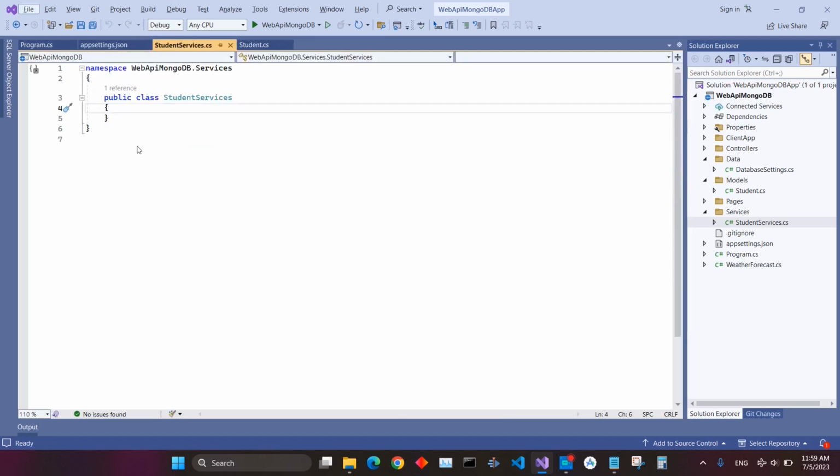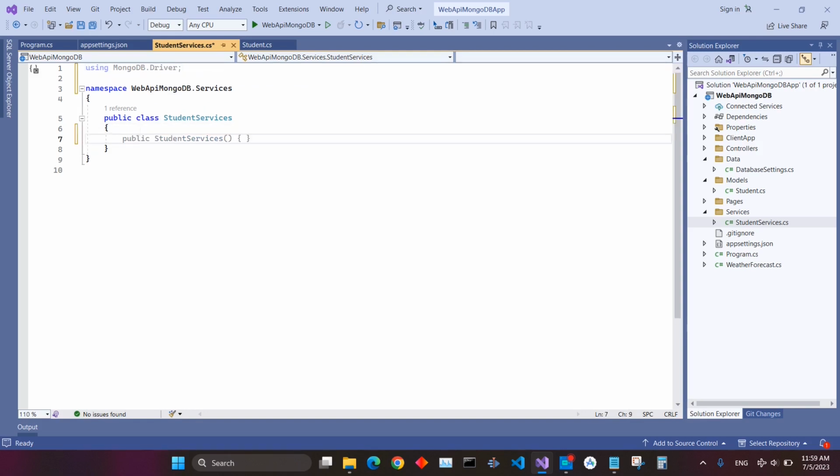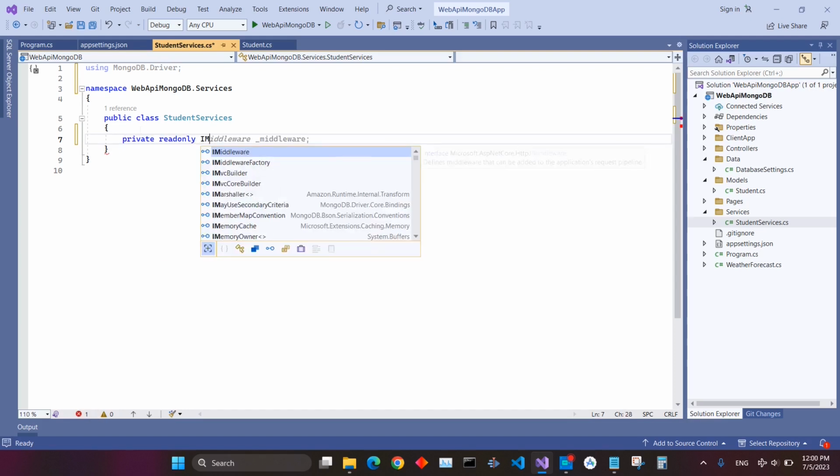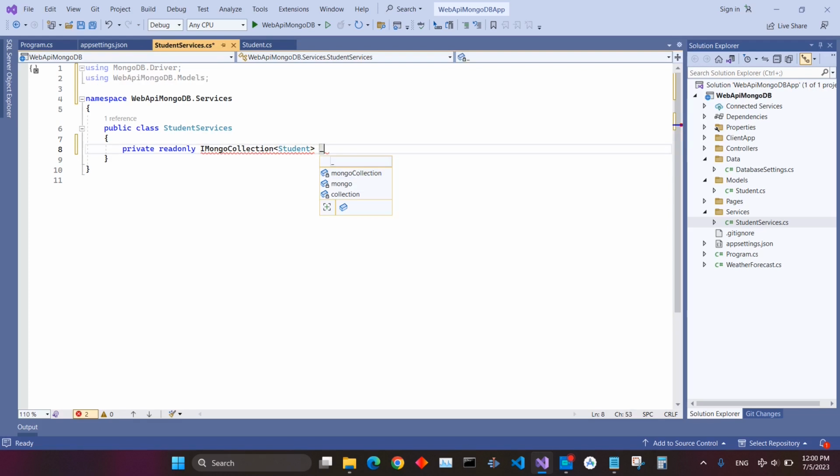Let us work on this service. First, we need to import the MongoDB driver using MongoDB.Driver. Inside this class, create a private read-only field, IMongoCollection, the type Student, and name it student